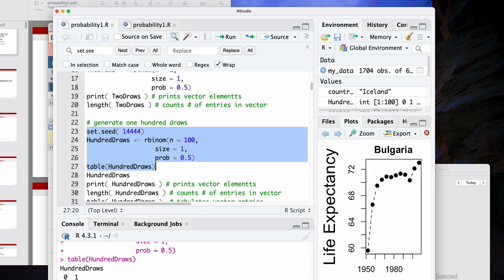So like the number itself doesn't necessarily mean anything, but as long as you are setting the seed to the same integer or number, you are always getting the same results. Correct. Yeah, the number itself, like this 1444, whatever it is, has no substantive meaning. It's just a number that we've chosen to initialize the seed.